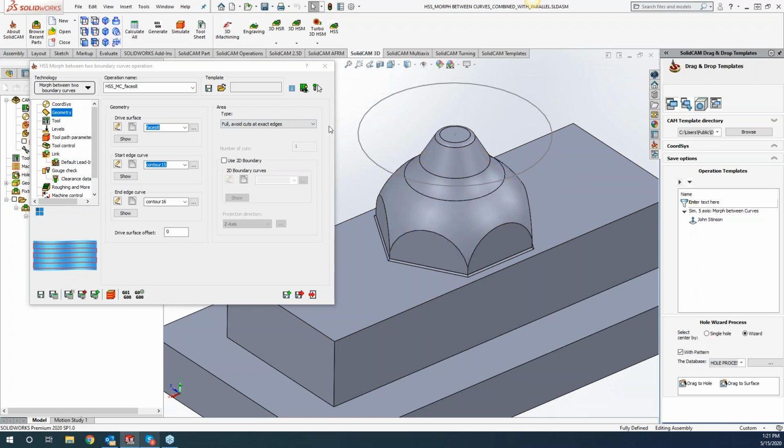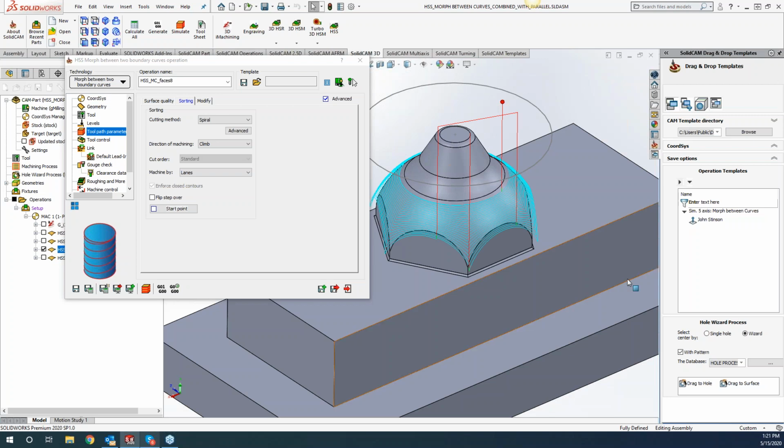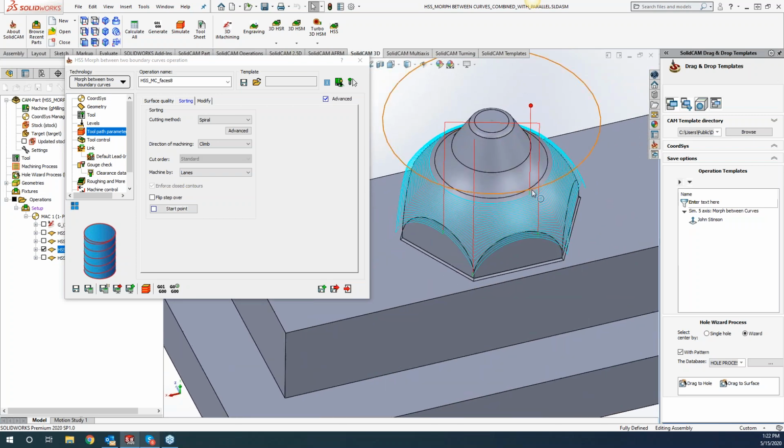And one of my go-tos is setting up this, as well as coming over to my sorting and switching it over to spiral. And with the spiral, let me turn on the path here. What we're doing is we're keeping that tool constantly moving all the way around. So like we were talking about with the linking before, instead of doing that hard stop and then move over and then keep going again, this way we're doing a nice circular pattern, keeping the servos constantly moving in the machine to really get that ideal finish. So if we switch this over to one way here,